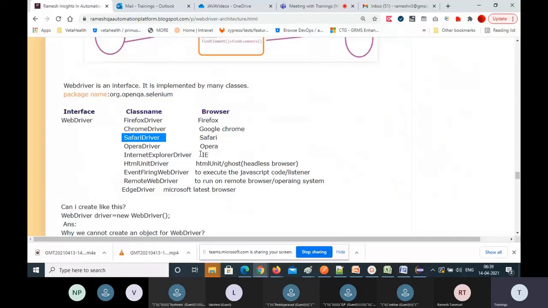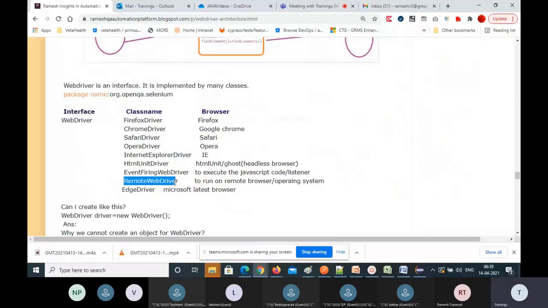The class name for the IE browser is InternetExplorerDriver, and for a headless or ghost browser you can use HtmlUnitDriver and EventFiringWebDriver. It basically triggers events, as one of the listeners in WebDriver. Listener means it listens to events, and you can perform JavaScript actions also with this class.